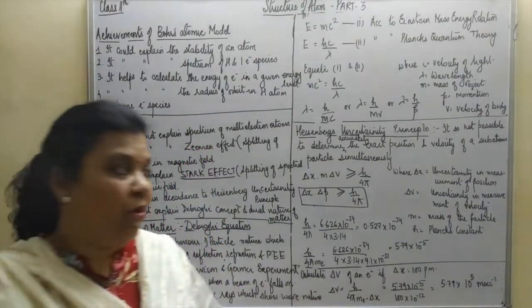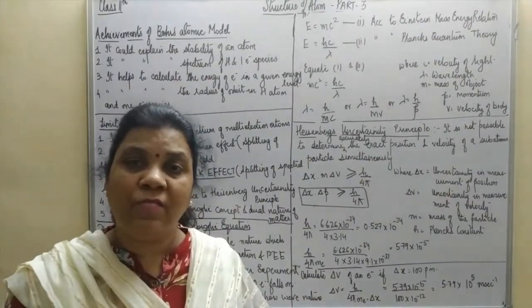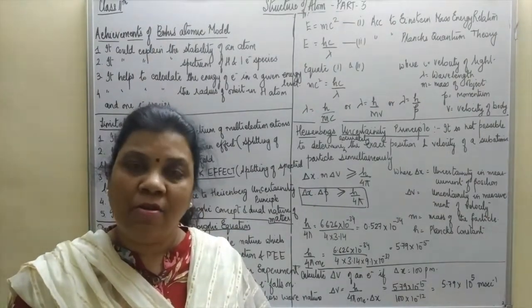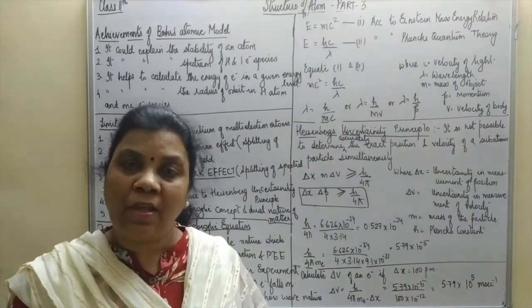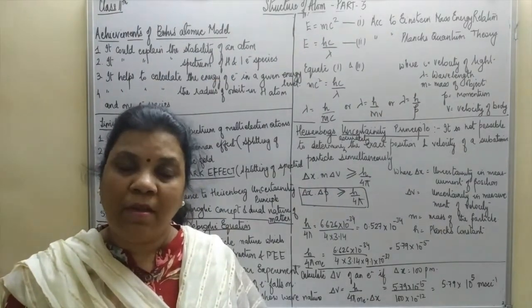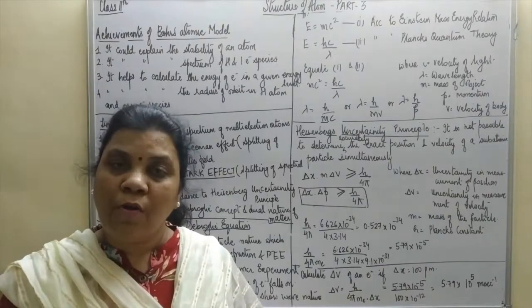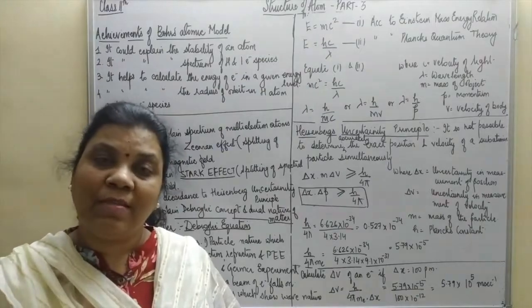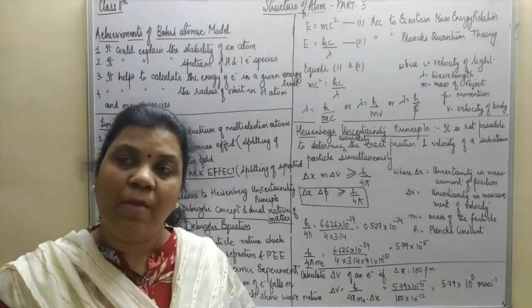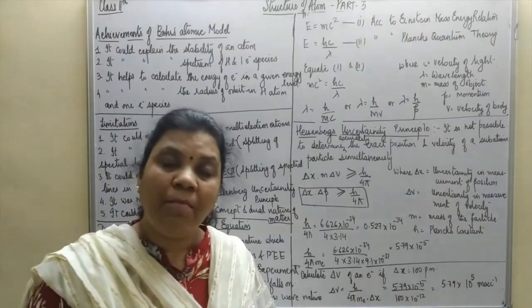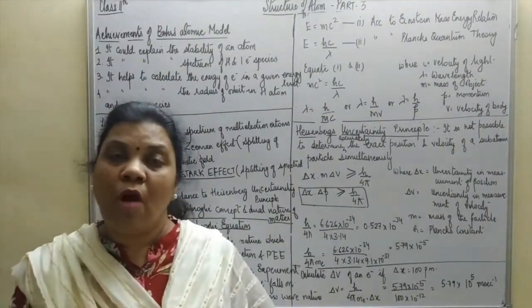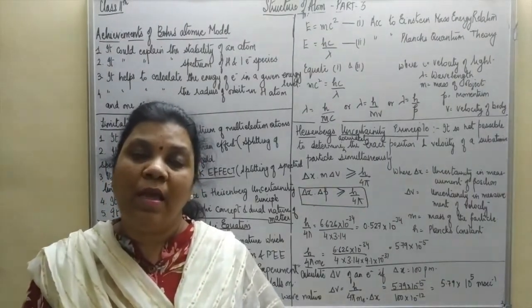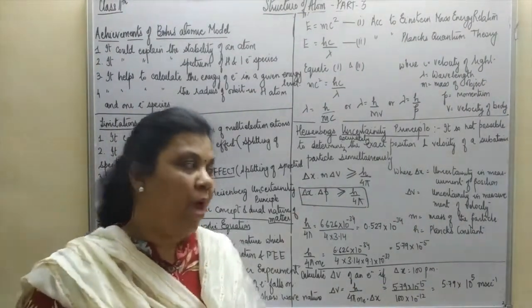So in the previous slide, we discussed the various formulas which we can use for calculating the energy of an electron. Also, we can calculate the radius of an orbit in which the electron is moving, not only for hydrogen but also for one electron species. It also easily explains the line spectrum of hydrogen atom, and most importantly, it overcomes the drawback of Rutherford, which could not explain the stability of an atom, but this model of Bohr clearly explains the stability of atom.